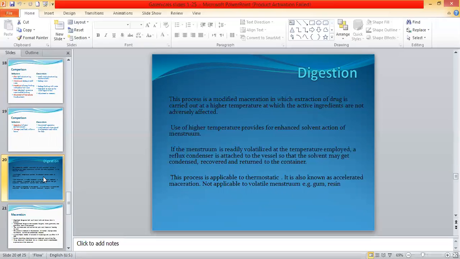So what benefit does the use of high temperature provide? The major benefit is that it provides a very wide solvent action of the menstruum, and it helps in the extraction of almost all of the ingredients. If the menstruum is volatilized at the temperature employed, a reflux condenser is attached to the vessel so that the solvent may get condensed, and then it will be